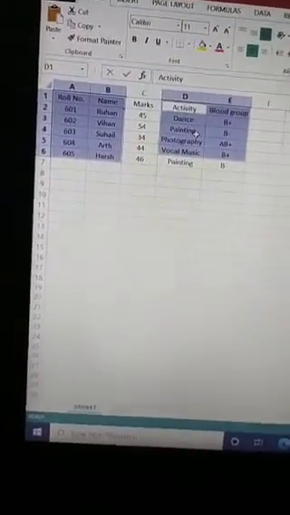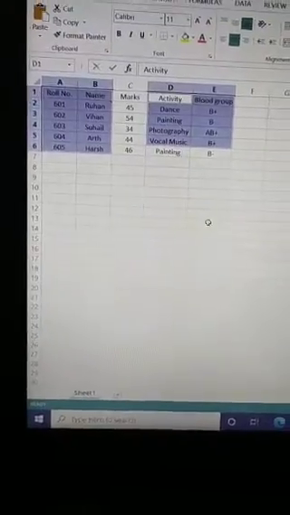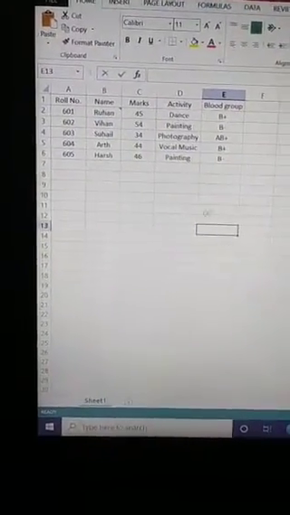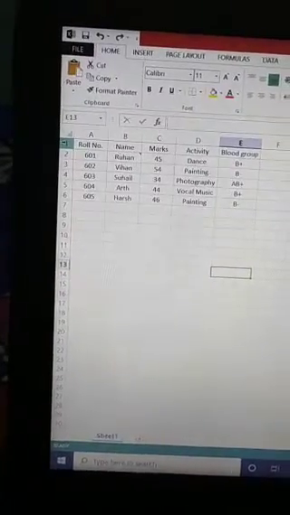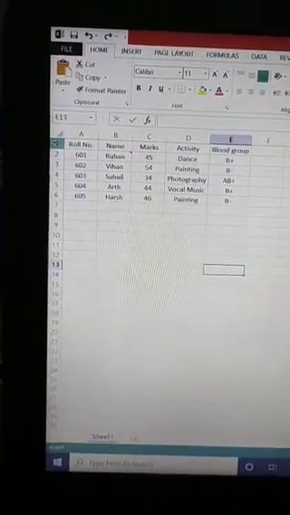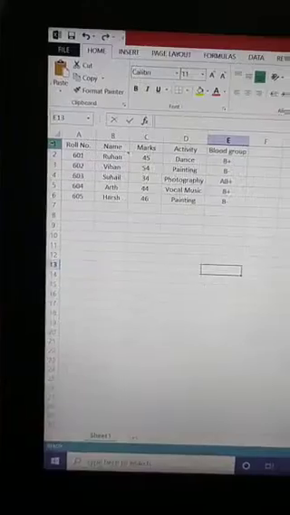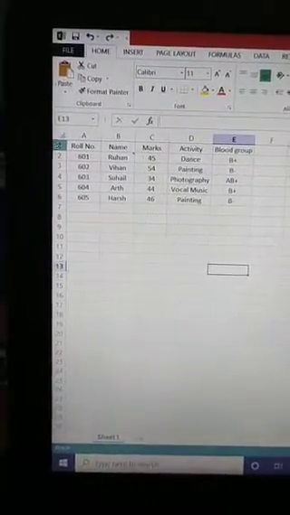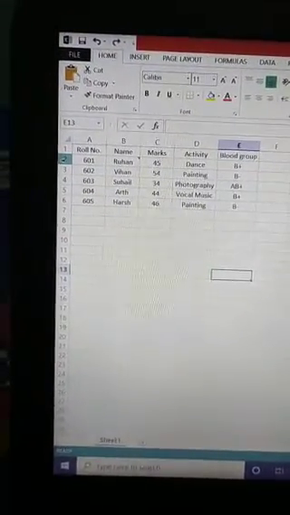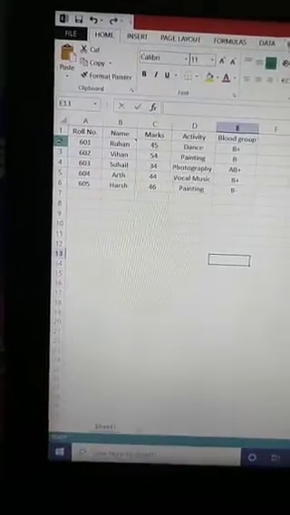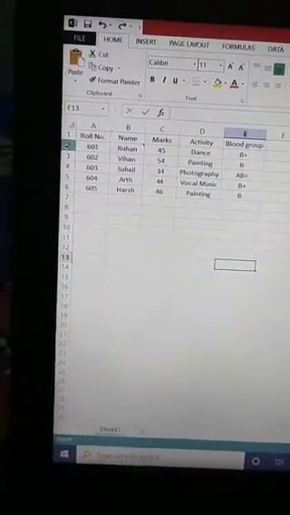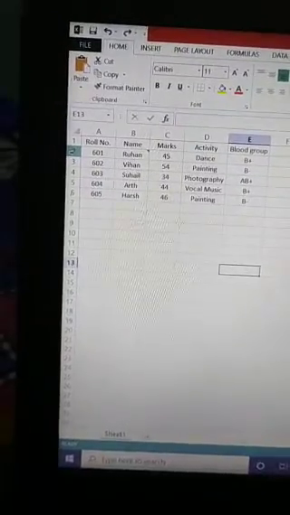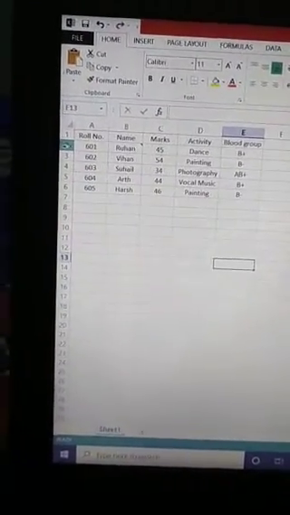Now how can we select a row? When I want to select a complete row, then I can click on the row heading. What is the row heading here? Here the row heading is 2. I want to select the second row, so I have to click on that row heading.